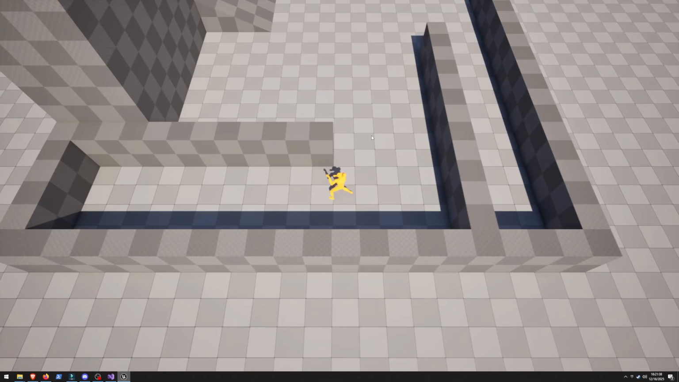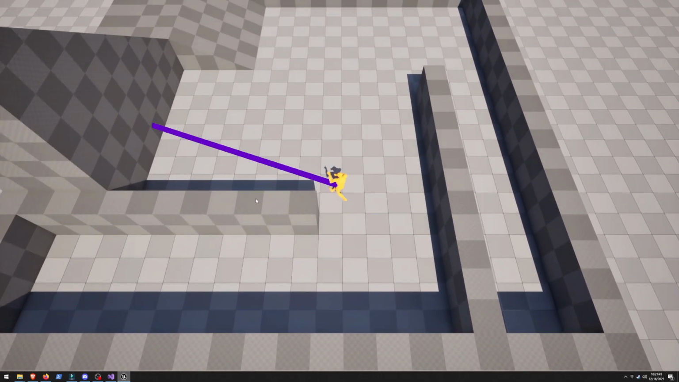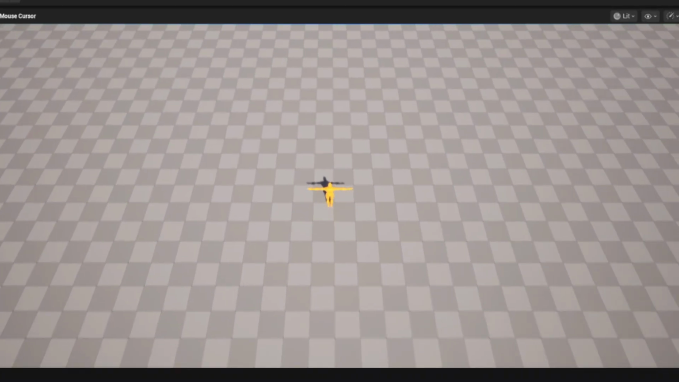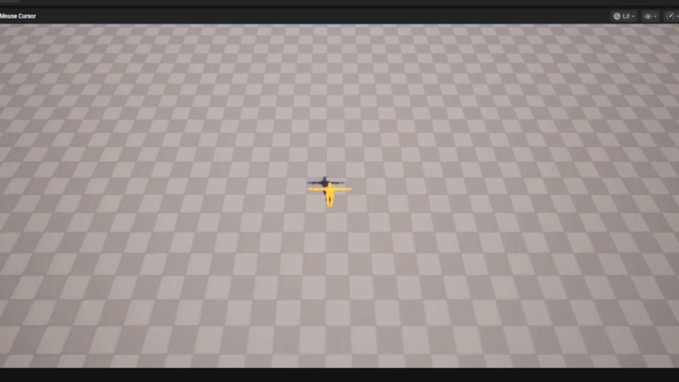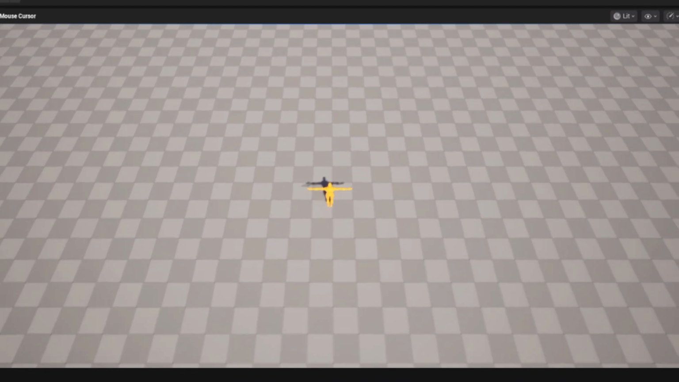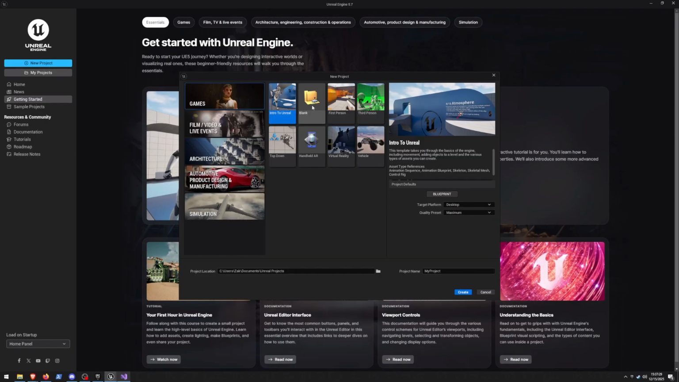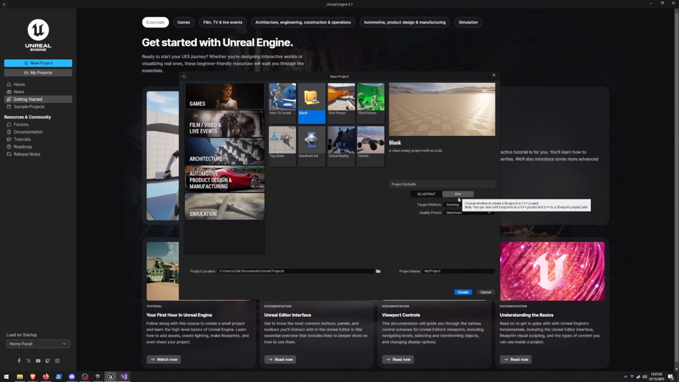In this series, we will cover the steps to create the basic mechanics for a top-down shooter in Unreal Engine using C++. By the end of this section, you'll have a top-down character moving around with the use of enhanced input. For this demonstration, I'll be choosing a blank project with C++, and I'm just going to name it Top-Down